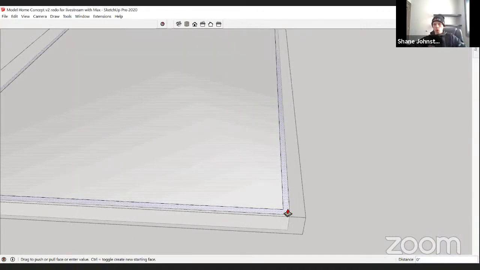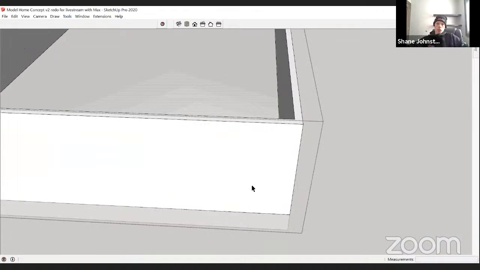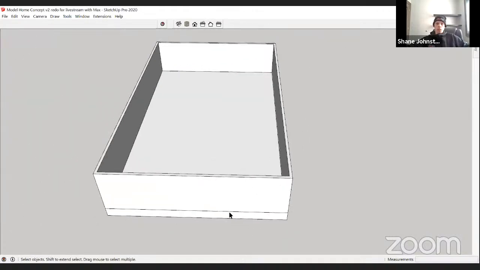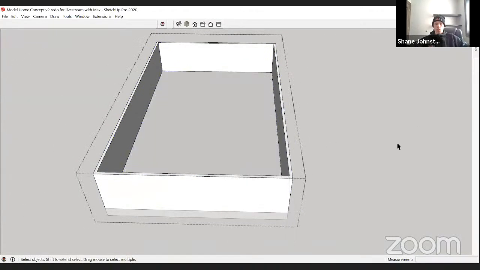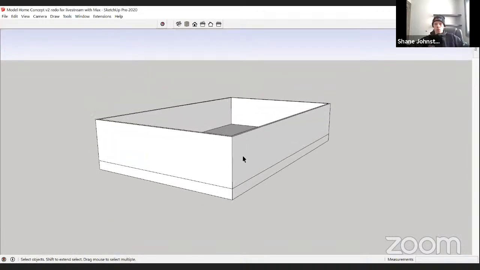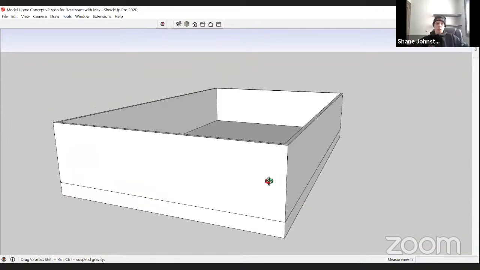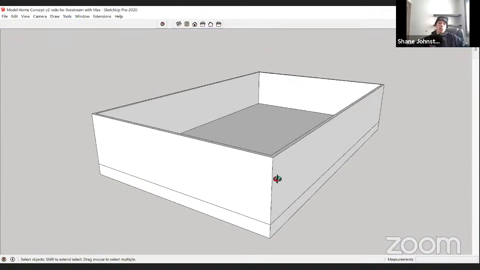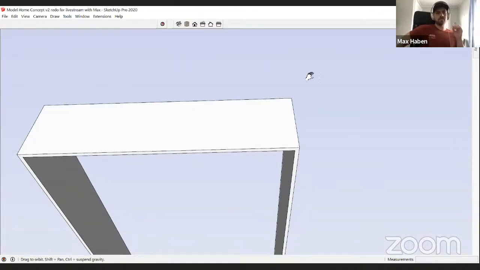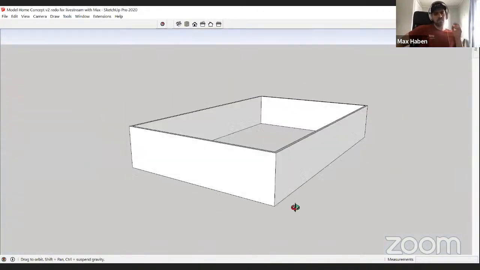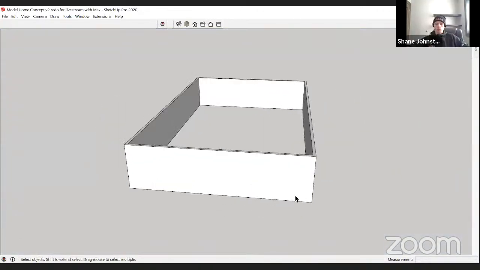So we've got 6-inch walls, 9 feet high, so we've got a 9-foot ceiling. There's some exterior walls. There you go. That's in a group too. Once there get to be a lot of items in there, being able to hide something and look around, get underneath something is pretty